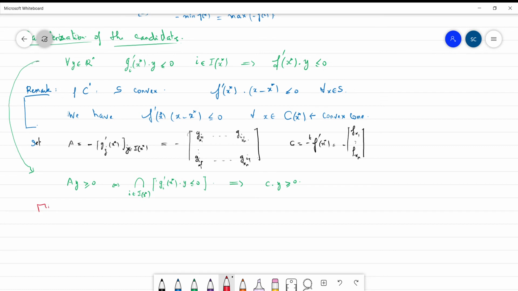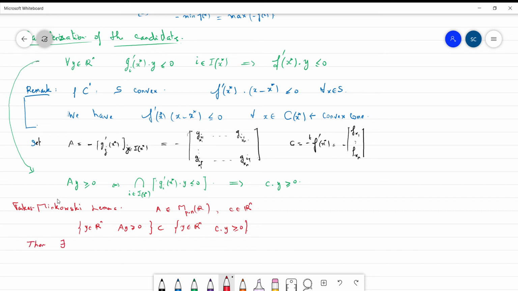Here it is, the Farkas-Minkowski lemma. It says that if we have a matrix A belonging to Mpn of R, with real coefficients, and C is a vector in Rn, and the set of Y in Rn such that AY is positive is included in the set of Y in Rn such that the dot product CY is positive, then